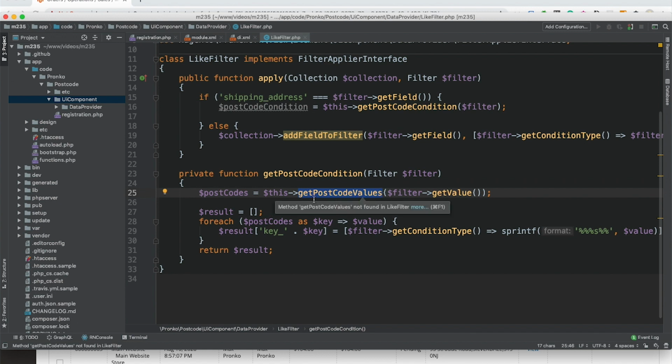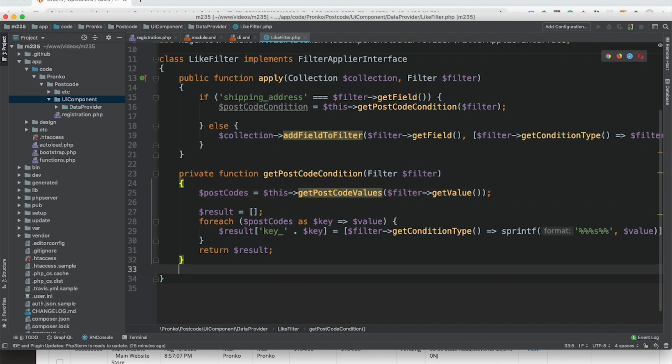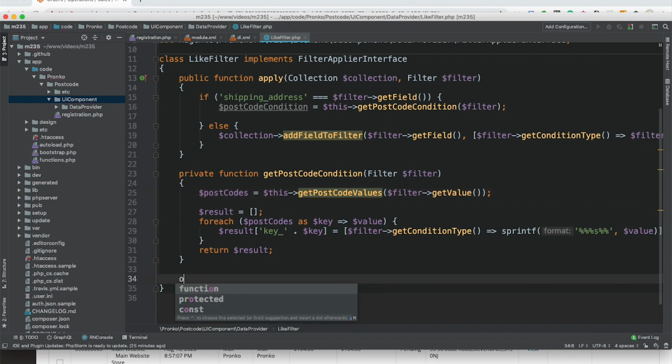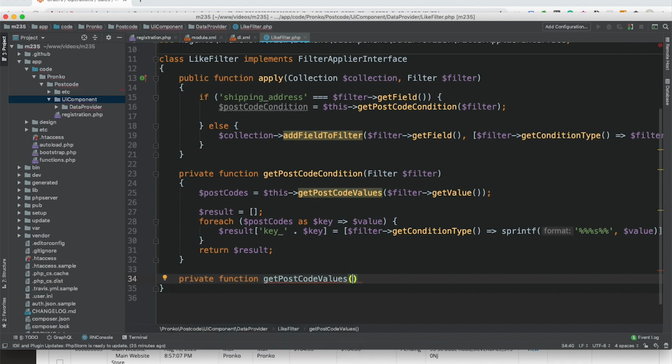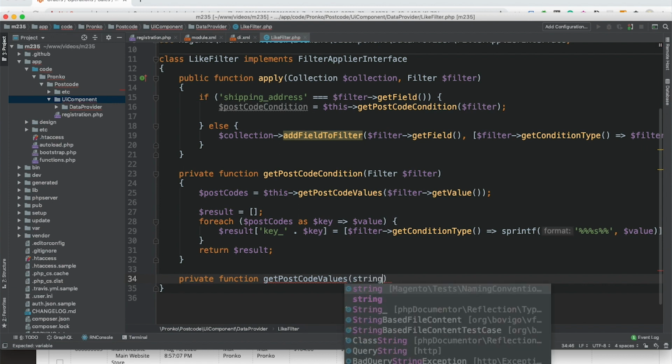So the idea is that it should return a list of postcodes. And for this we are going to pass a postcode.